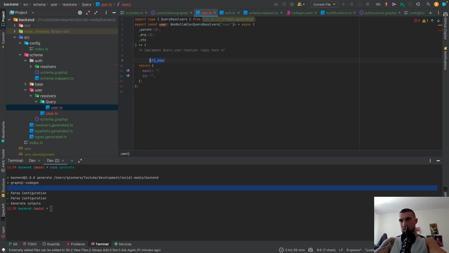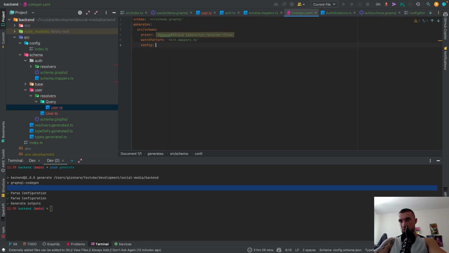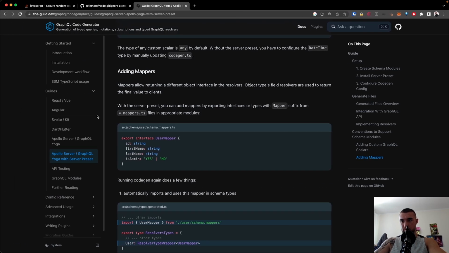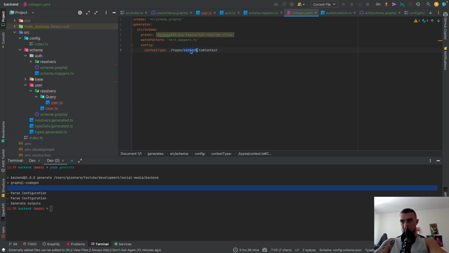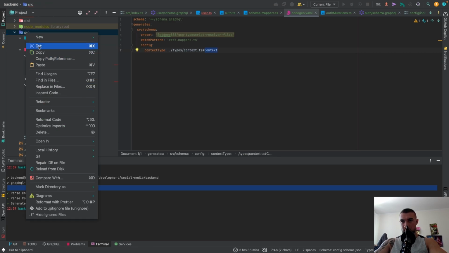context. Okay, I think this tool does not by default type the context, although we can do it, we can configure it here, I guess, with the config, and then I need to look up how it's done exactly. Okay, the way we are mapping context automatically is we're going to tell where the context is stored, our interface. This will be stored in types context.ts context. And if I create a TypeScript file,